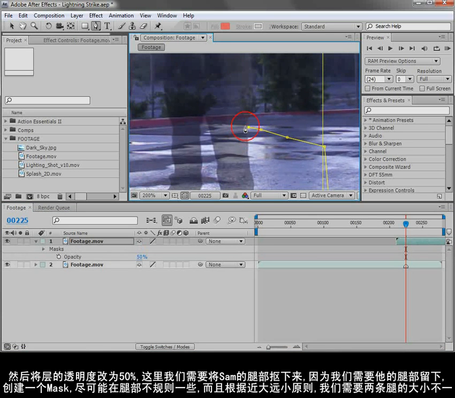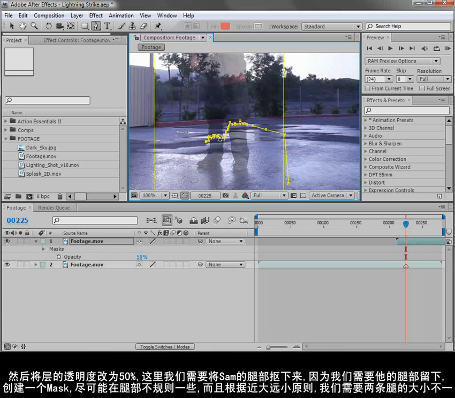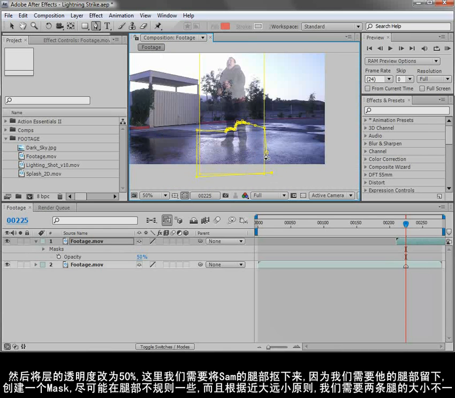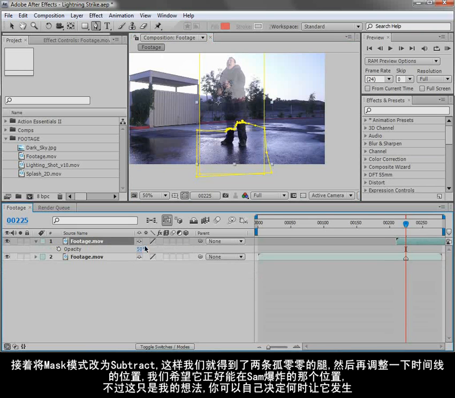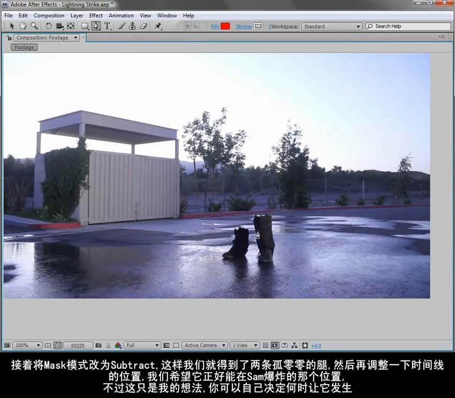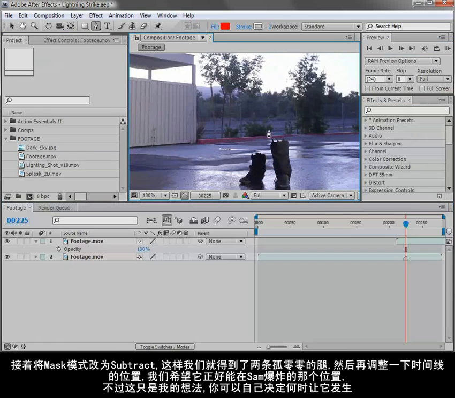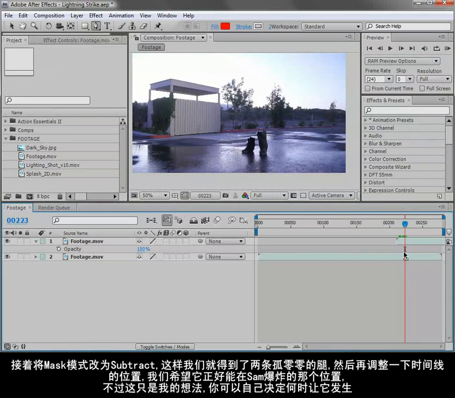and we just want to make it seem a little bit random. And I also staggered the legs so that one of them is higher than the other. And then we'll just add this part back in. So we'll change this to subtract, and we'll hit T and turn the opacity back up. So that leaves us with a couple of legs just sitting there, and we want to go ahead and just slide this over